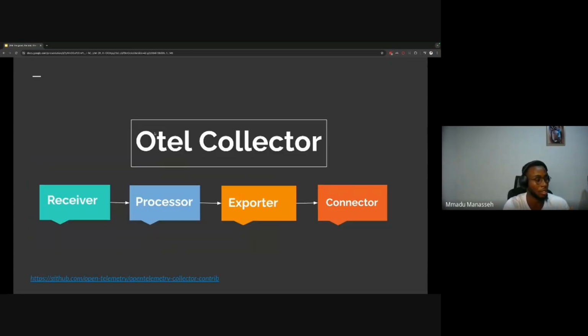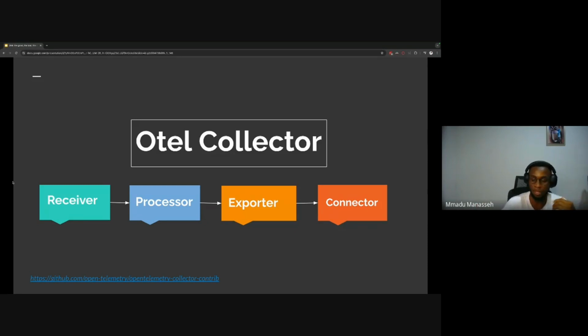So yeah, let's look at the collectors. The first component of the Otel collector is the receiver. The receiver is what is responsible for receiving the data from your code. If I have different code, I can define different receivers that define how that particular code is going to export metrics to Otel.